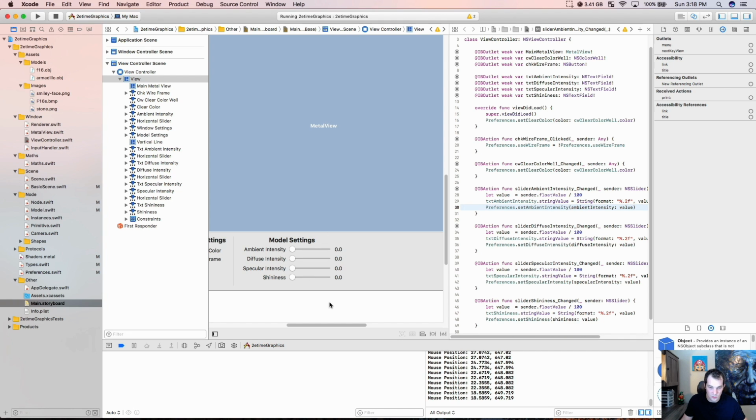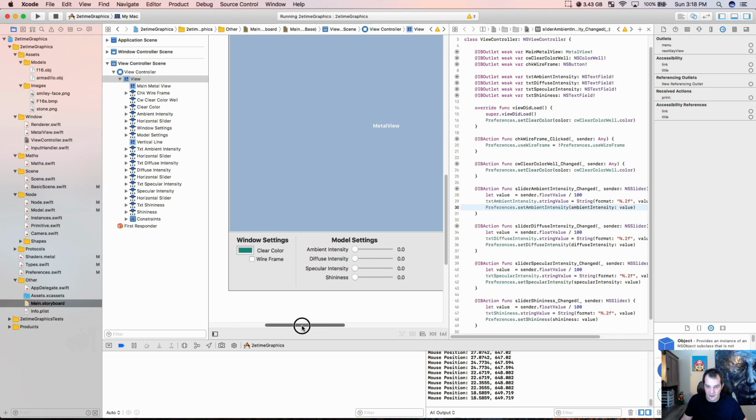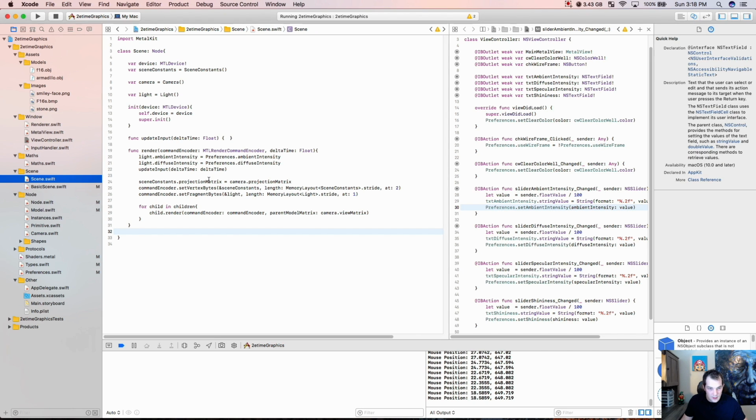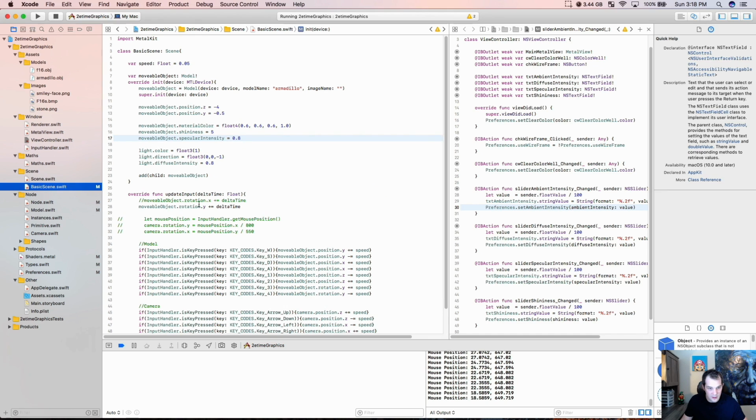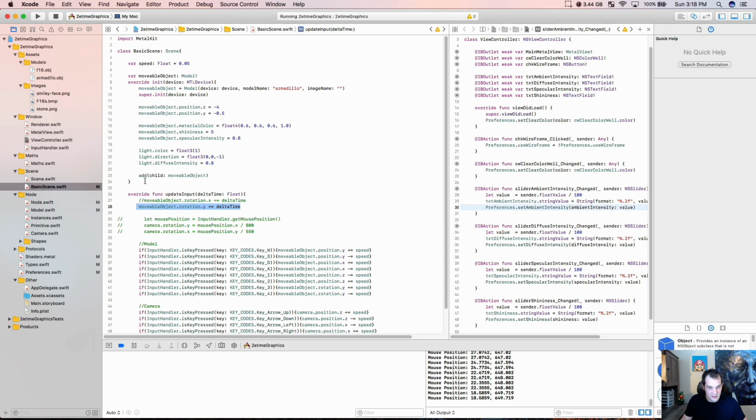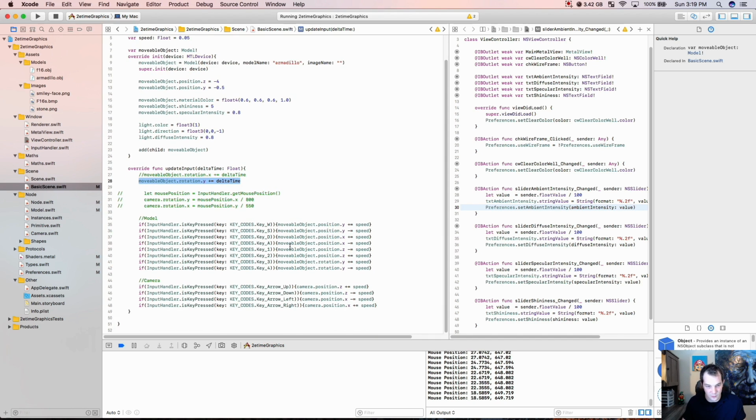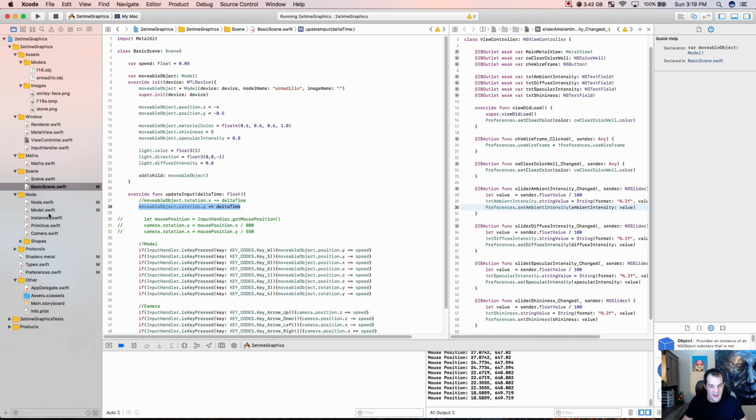preferences set shininess, so we're updating all the shininess values and the specular intensity values, but we now need to apply it. So let's go to our scene and make another function. So just like we are here, we're updating our movable object. We need to update it in something other than update input. Update input is more for, even this is not right. This shouldn't be an update input. This is specifically for when keys are pressed. And so